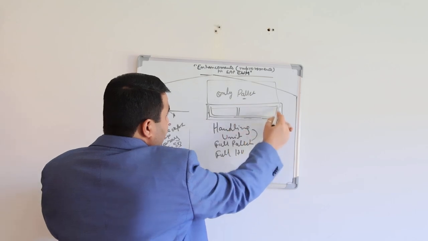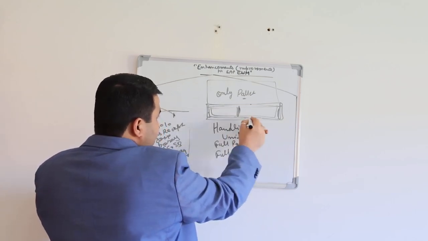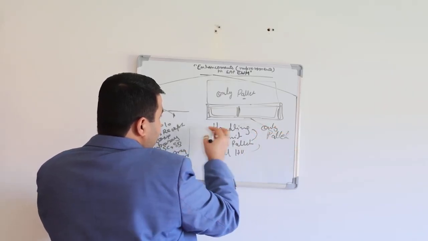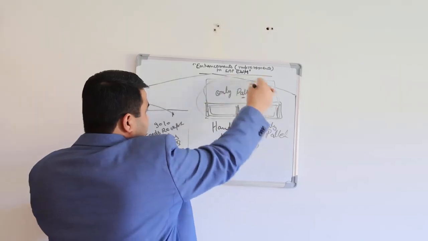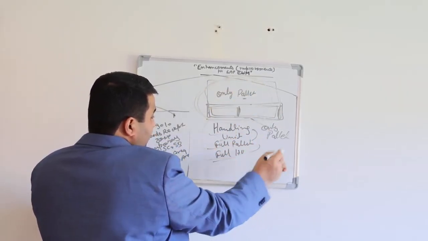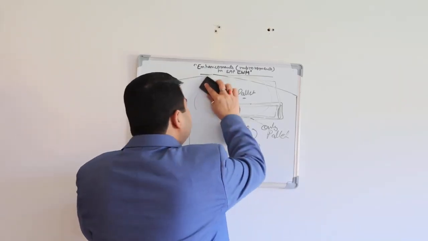to hold the heavy load of the material. That's why we call this a pallet. And this entire thing is nothing but a container or handling unit, a full HU or full pallet. So generally what happens